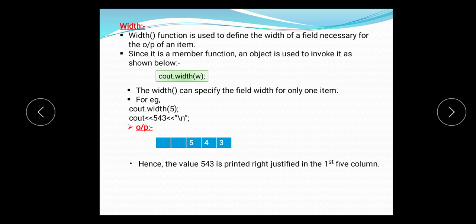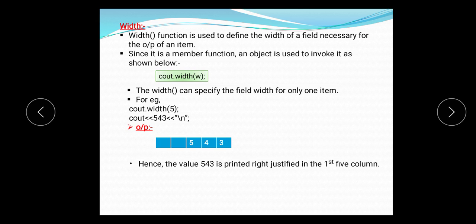This is a member function of the iostream class, and we want to format our output display, so with the help of the cout object we call that function for setting our width. This w is nothing but the size which you want to specify for that width. Width can specify the field width for only one item.